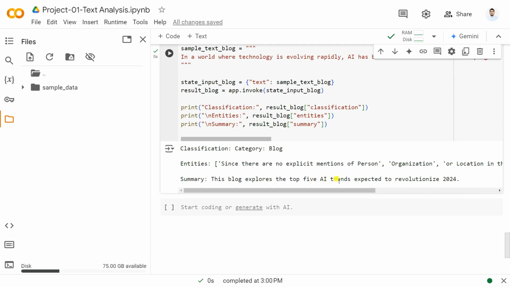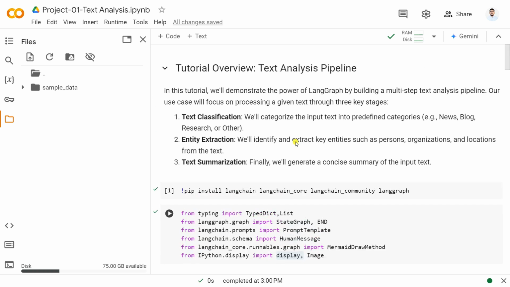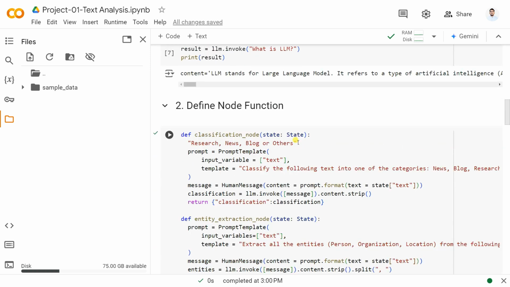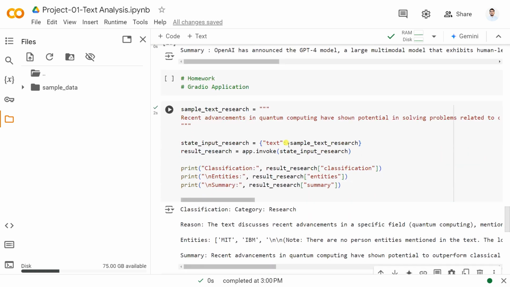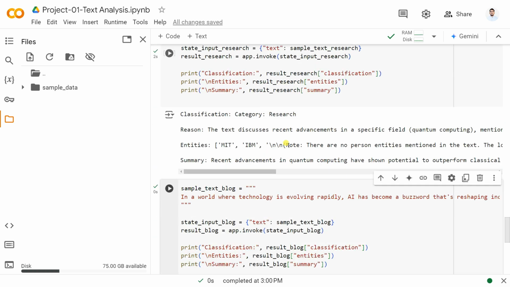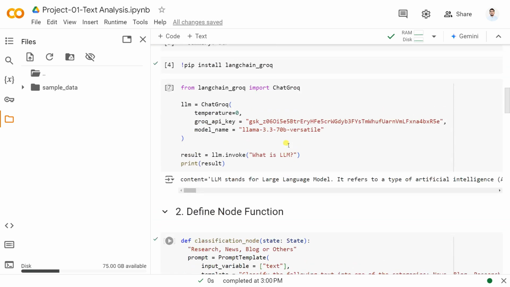इसके बाद समरी आप दे सकते हैं, यहाँ पर देखो एक्सप्लेन द टॉप 5 एआई ट्रेंड्स एक्सपेक्टेड टू रिवोल्यूशनाइज़ इन 2024। तो यहाँ पर ये है फुल कंप्लीट ट्यूटोरियल, क्योंकि ये बिगिनर्स प्रोजेक्ट है इस लैंगग्राफ के ट्यूटोरियल में। इसके बाद जो आप सीख सकते हो, कैसे ग्राफ क्रिएट कर सकते, कैसे आपको स्टेट भी मैनेज करना पड़ता है बस।